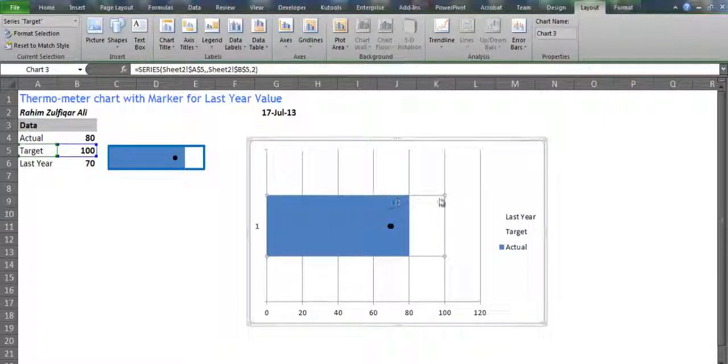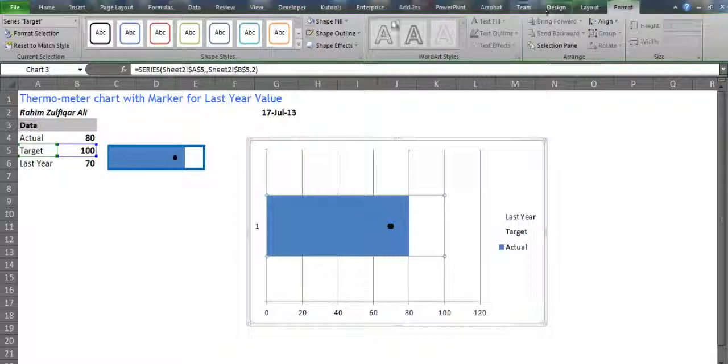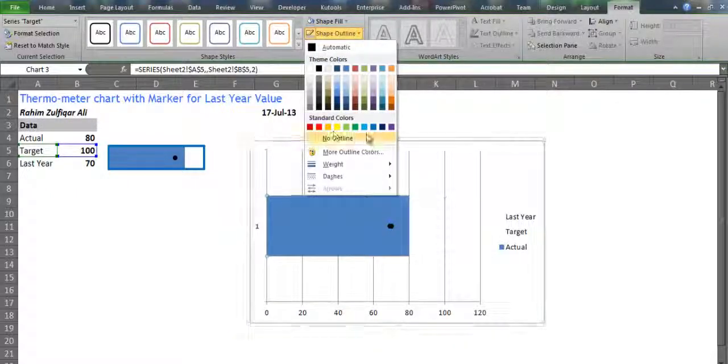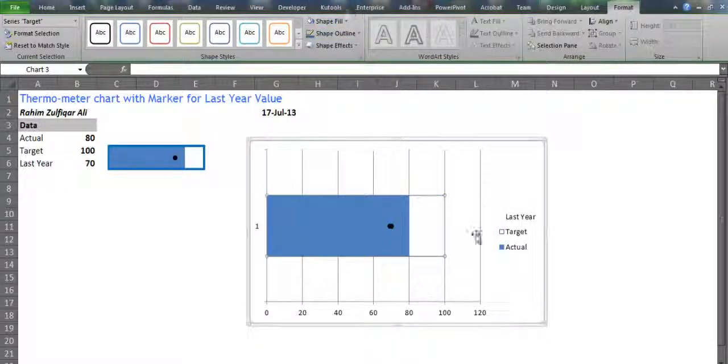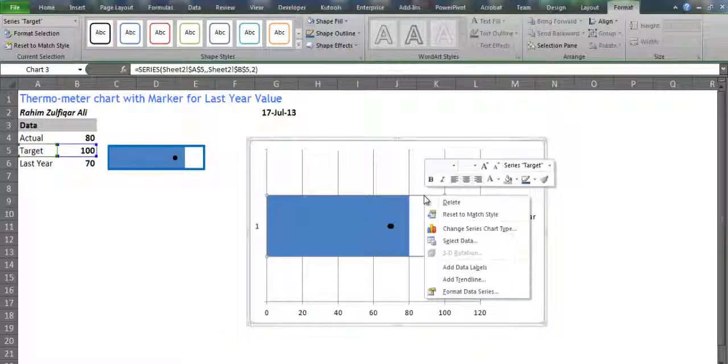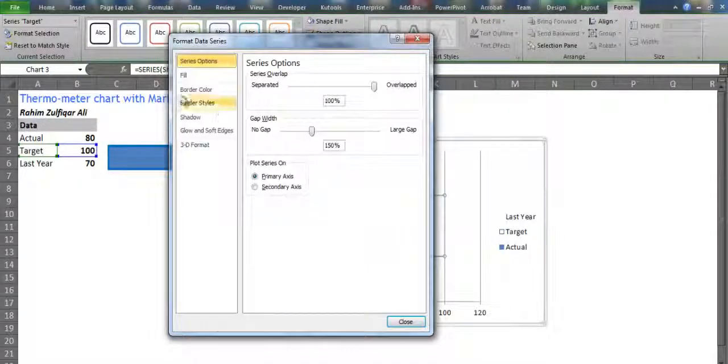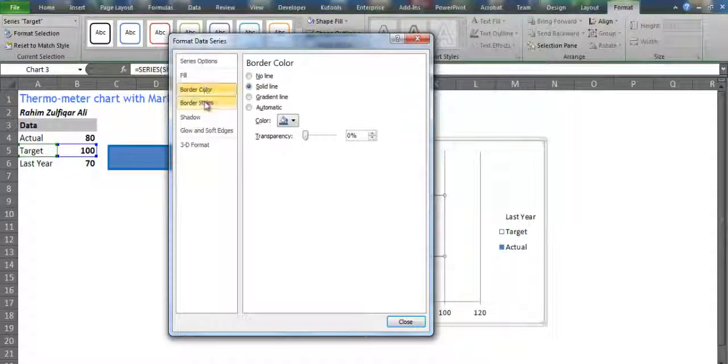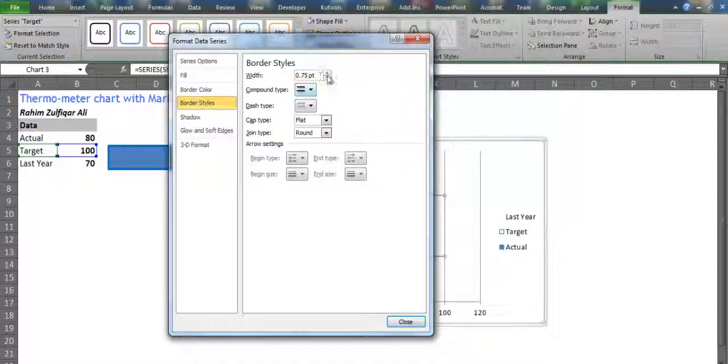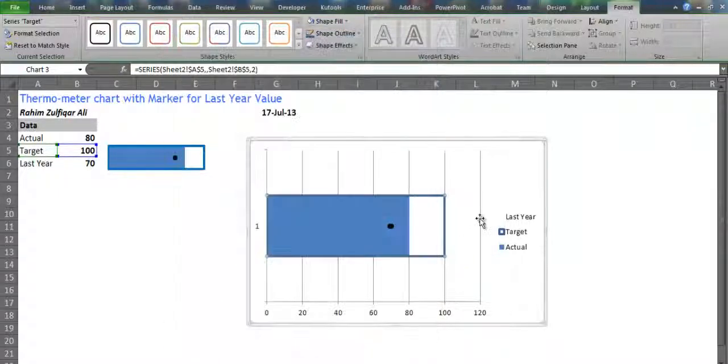So we will make a borderline for the target. We click on this target series and then go to format, and then in shape outline choose any color similar to our graph, let's say blue color, and increase its thickness. Right click on it, go to format data series, and then click on border styles and increase its width to 3, and then press close,